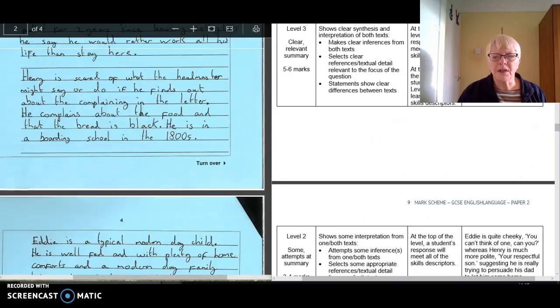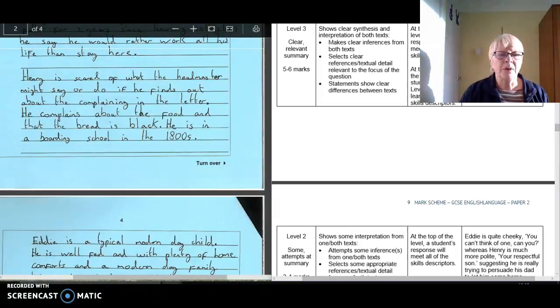If we look at the mark scheme now, you can see for band 2 it says attempts some inferences from one or both texts, and for level 3 makes clear inferences from both texts. I feel that you have certainly made some attempts from both texts. However, to gain the higher marks for band 3, I think you would need to make more detailed perceptive